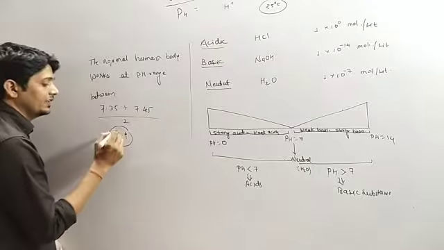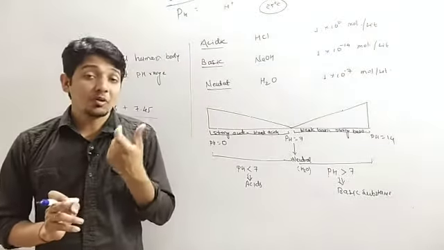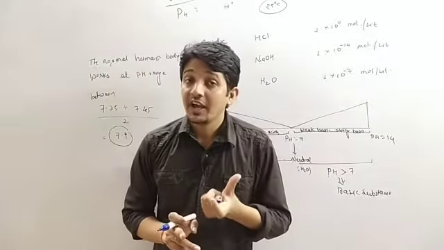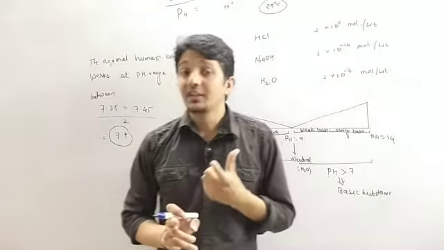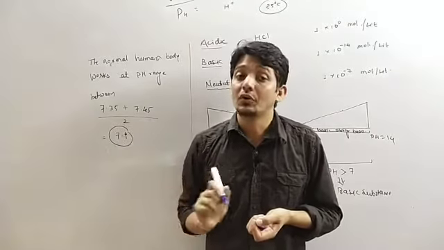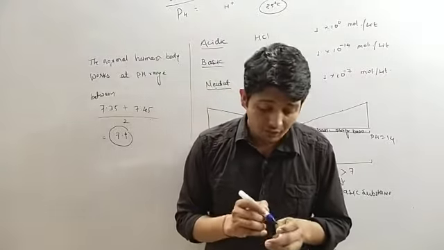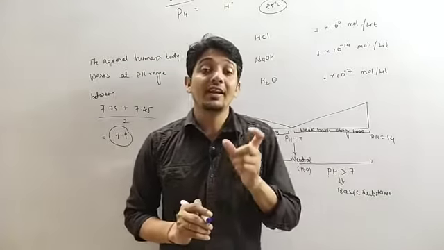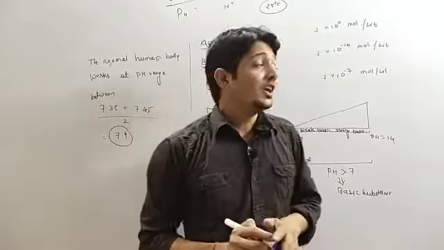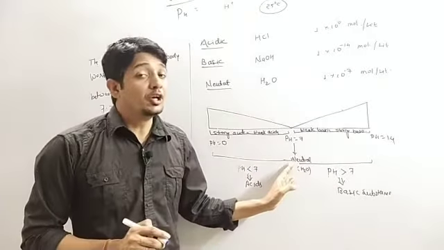So this is the normal pH level of our body, and our body works smoothly and functions properly at the pH value of 7.4. So this is the pH value of the human body. We can say our body works in a basic medium. So this is all about acid, base and neutral.